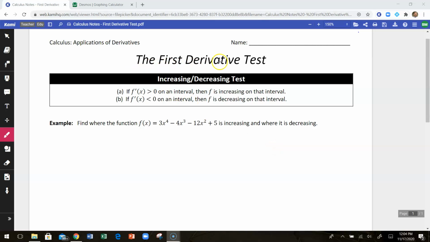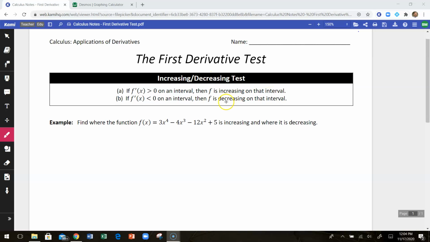Okay, we're going to talk about the first derivative test. First, we need to talk about something called the increasing and decreasing test. And I'm going to kind of lump these two things together. They're all part of something greater that we're going to do later on when it comes to curve sketching. But if we look at a function and we take the derivative of that function,